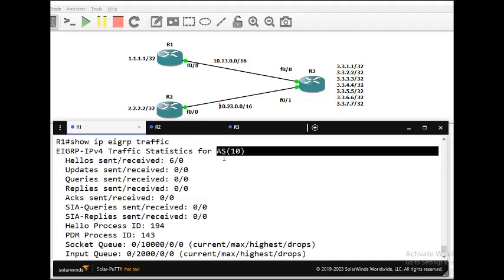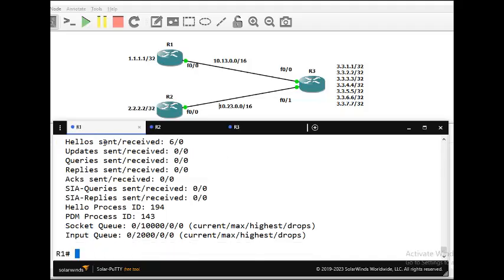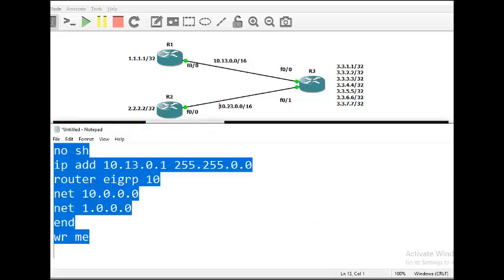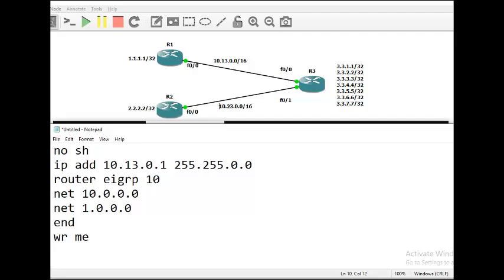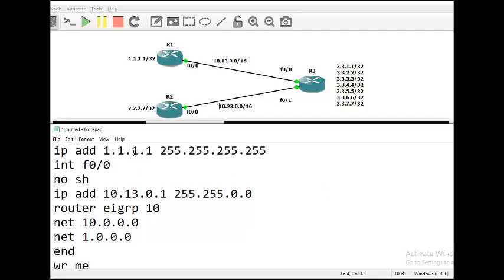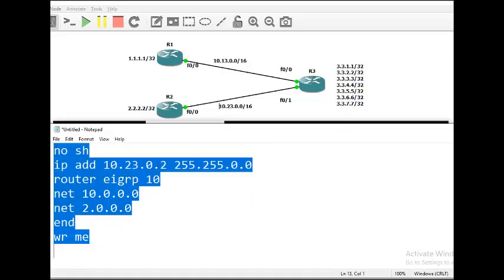Now on router 2, this is 2, and F00 is 23, and the last number is 2 here, and this is going to be 2. Nothing more, that's all I need to change. Put this on router 2. Okay, now on router 3,